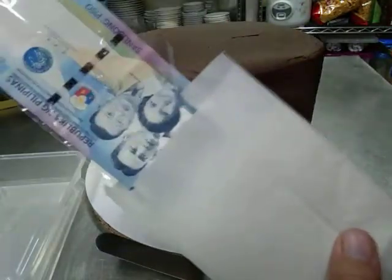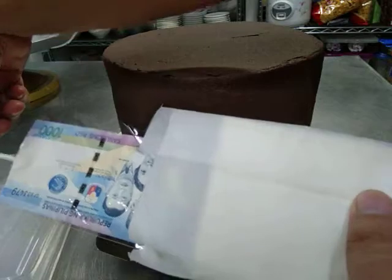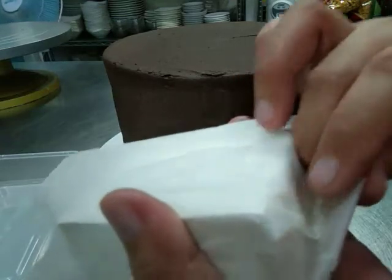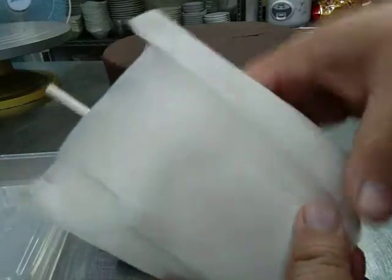There. So, oh no, I've pulled the bill out. So what do I do? Just roll it back in using the other sucker stick. Yay! Okay, so if you would notice in the first video or the first part of this video, I've stuck